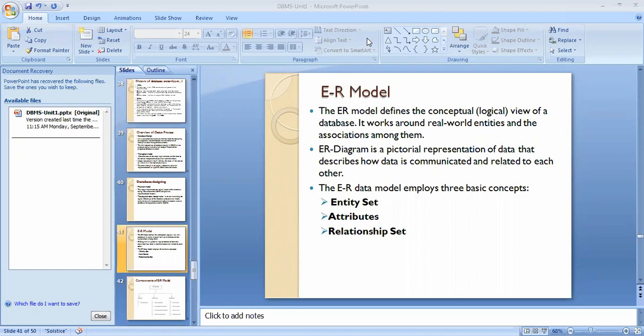Hello. Employee works for an XYZ organization. In this, which are the entities?